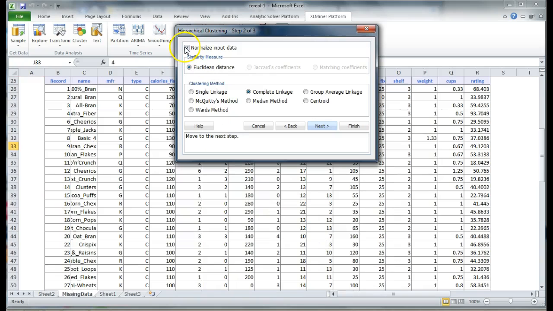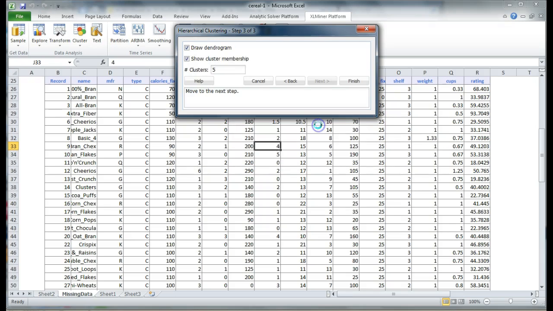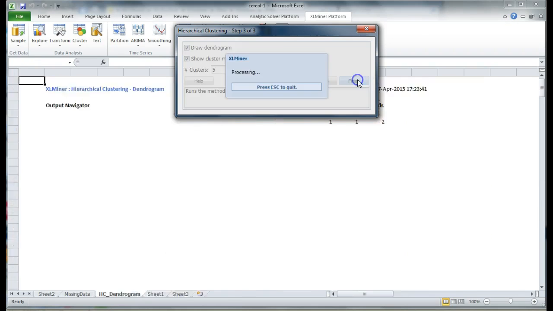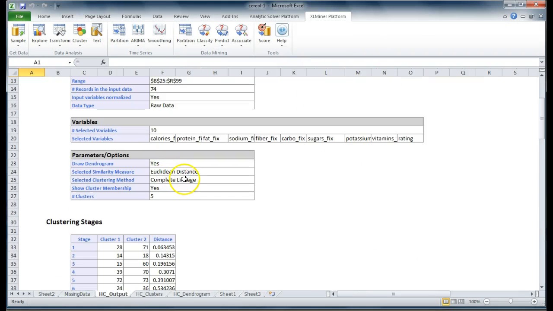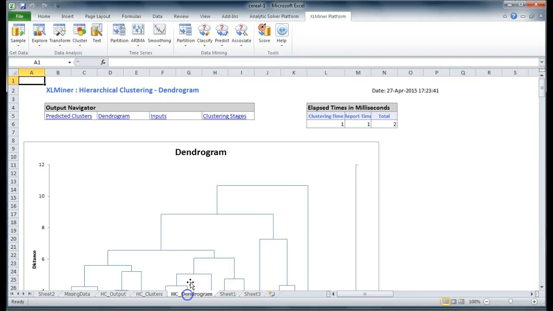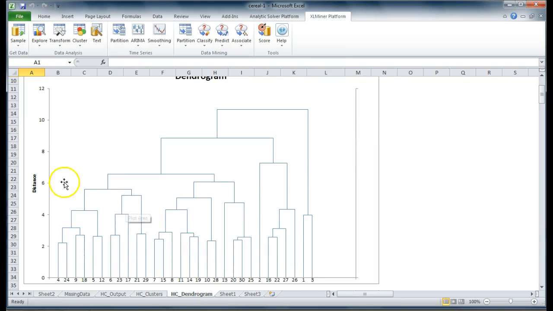We'll normalize the input. We'll choose Complete Linkage, which is the maximum distance linkage between the clusters. Then we will choose 5 clusters and we click on Finish. And this generates our output. This is the dendrogram. Since we had 5 clusters, if we draw a line here, we have 1, 2, 3, 4, and 5. So the distance is roughly